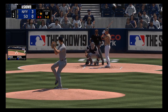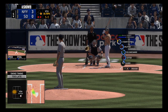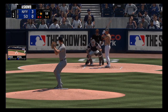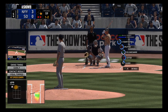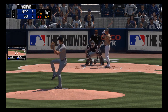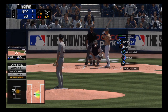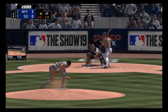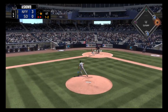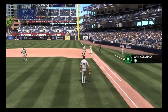1-0 the count. Now the 1-0. A swing and a miss. That's the first strike. No runs, just one hit. No errors in the ballgame for the Padres. Now a swing and a softly hit ground ball. So they do get their first hit, but they're